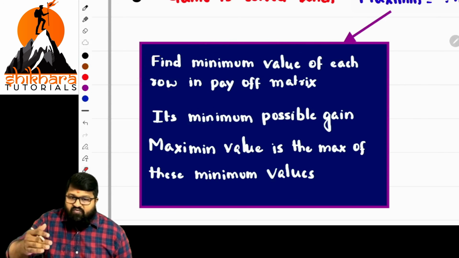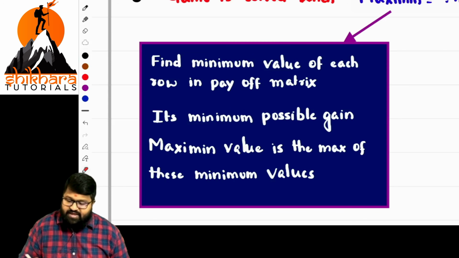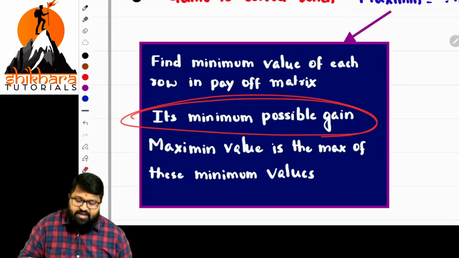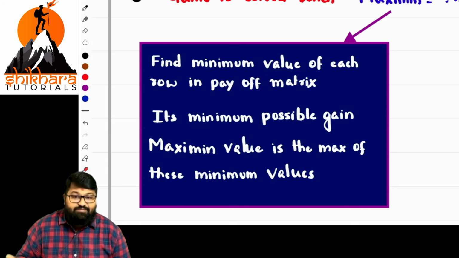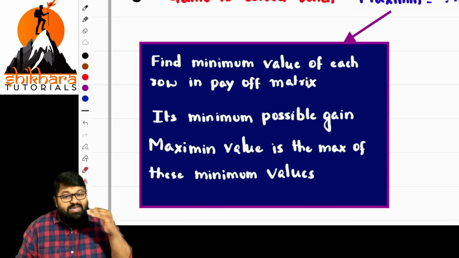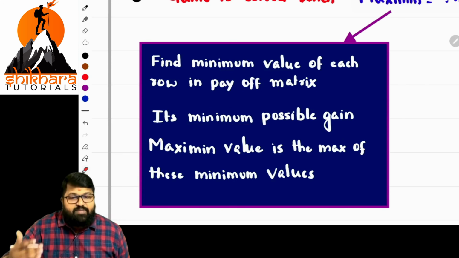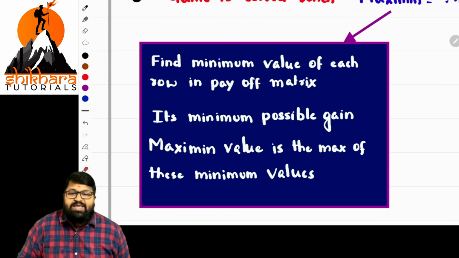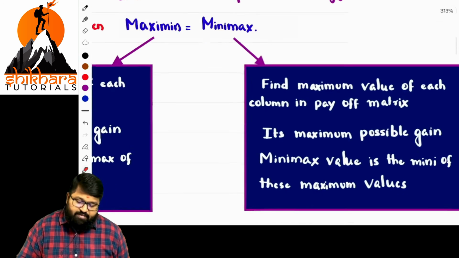Of the minimum values, find the maximum value. It's the minimum possible gain. Whatever minimum values you are finding for rows, because they are with the maximizing player, that is the minimum gain. From that you identify the maximum value. This is known as maximin. Okay, and what about minimax, sir?